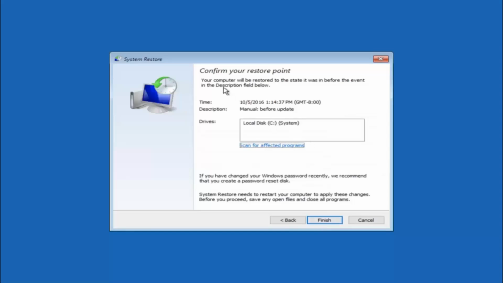This will just confirm that you're going to restore back to this specific timestamp and which computer drive it affects. And please keep in mind it says if you've changed your Windows password recently, we recommend that you create a password reset disk. So just keep that in the back of your head before you do this,